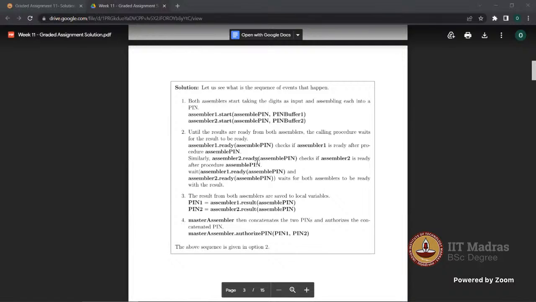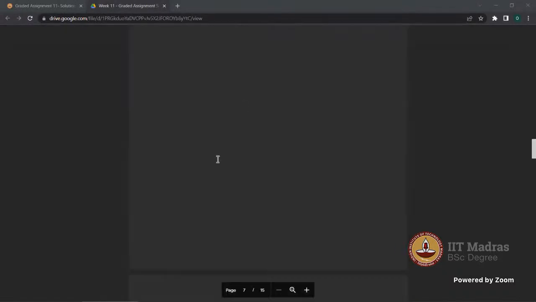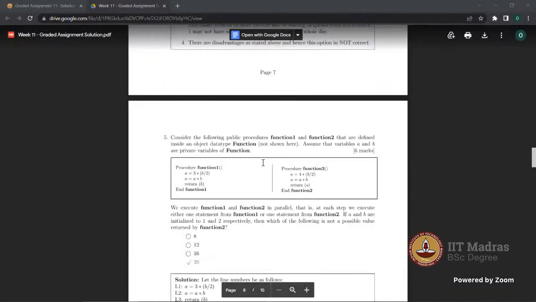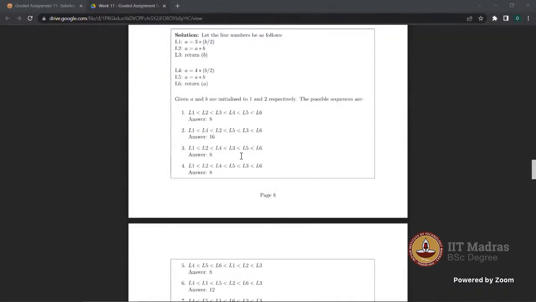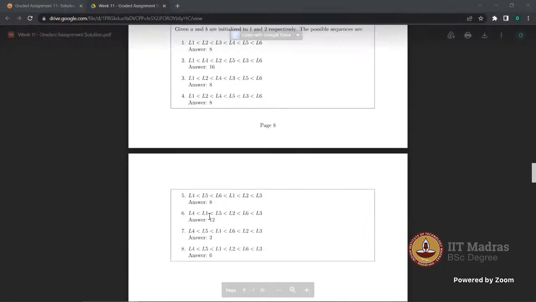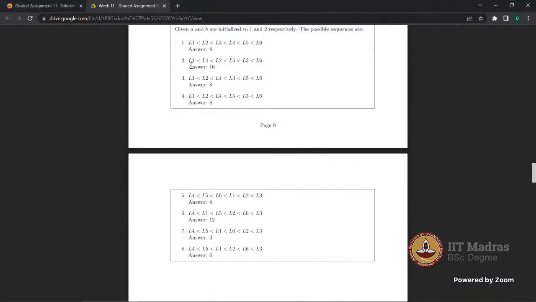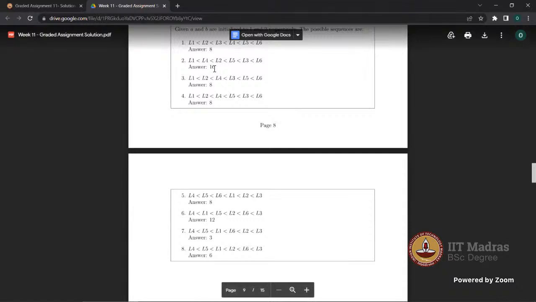The question was 5, right? 5 or 6, something you said. Yes. Okay, so which one are you confused about? Yes, so I was not sure how we got 12 or 16. If you follow this sequence, you get 12. And if you follow this second sequence, you get 16.